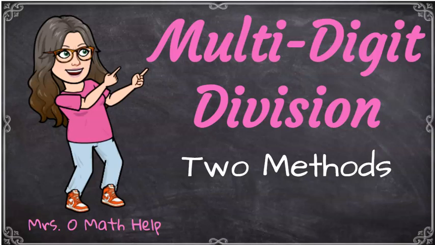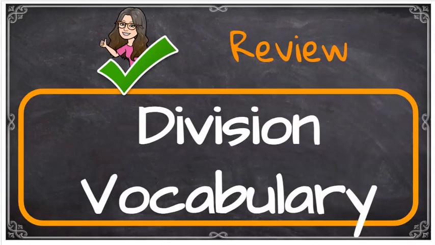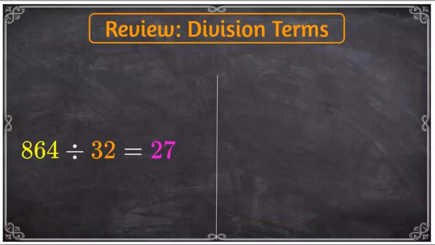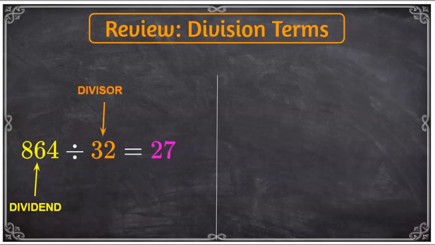Before we get started with the division, let's review vocabulary that goes along with division problems. So let's look at a division problem here that is written in standard form. 864 divided by 32 equals 27. So the 864 is what we call the dividend. And I always remembered that as a student, being that that's the number that we divide into. The 32 is called the divisor, and the 27, which is the answer to a division problem, is called the